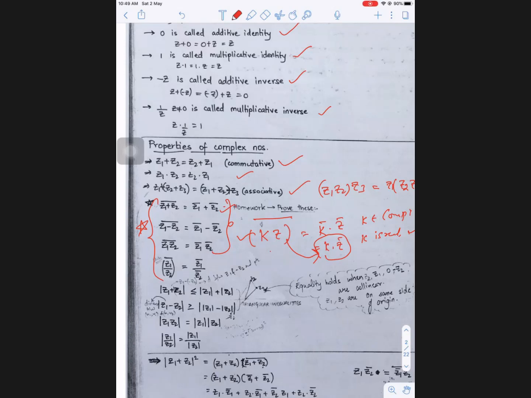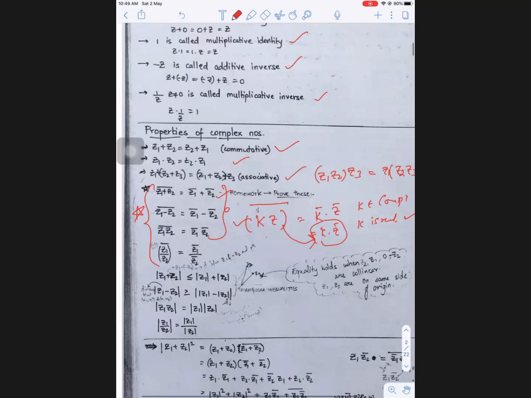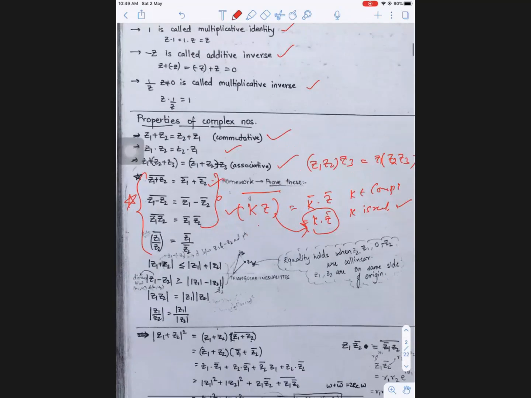Related to polynomials, the complex roots occur in conjugate pairs. Yeah, complex roots come as conjugate pairs. That proof is based on this thing only. It means if f of x is a polynomial with real coefficients, and alpha is a root of this, then alpha bar is also a root of this. If we take alpha as a root of that equation, then alpha bar is also a root of that equation. That property is based on this point only.